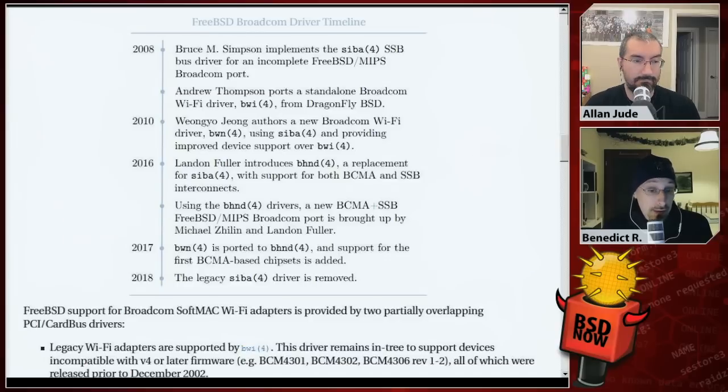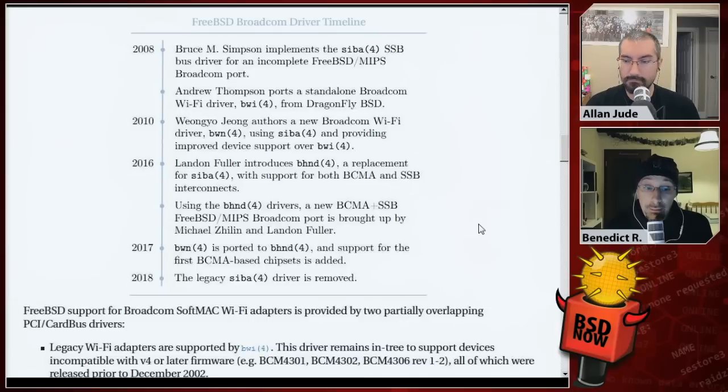The new BHND driver family, written as a replacement for SIBA and SIBA_BWN, provides the following: a unified bus driver interface for both SSB and BCMA on-chip interconnects, a generic BHND bridge driver framework for host-connected BHND devices like the Wi-Fi adapters, and a PCI-PCIe bridge core driver for PCI-attached BHND devices. An abstract BHND NVRAM API is also there, with support for the varied NVRAM formats found on BHND Wi-Fi adapters and system-on-chips. Drivers for common BHND platform peripherals are also supported, like the UARTs or the SPROM, so that's a typical example here.